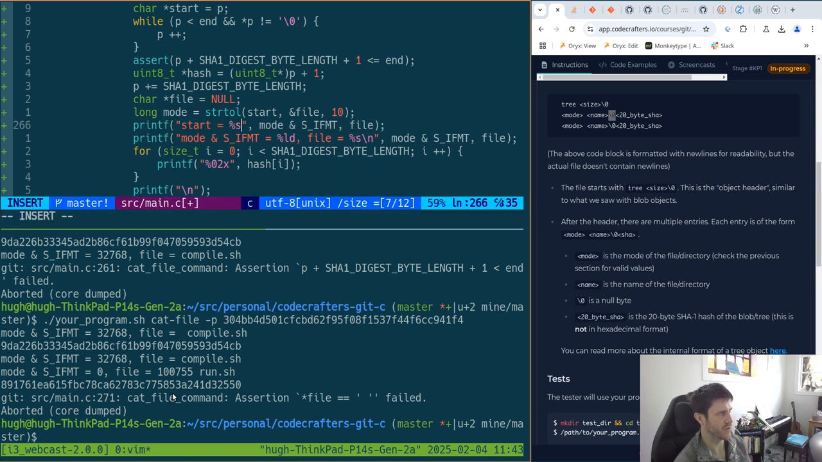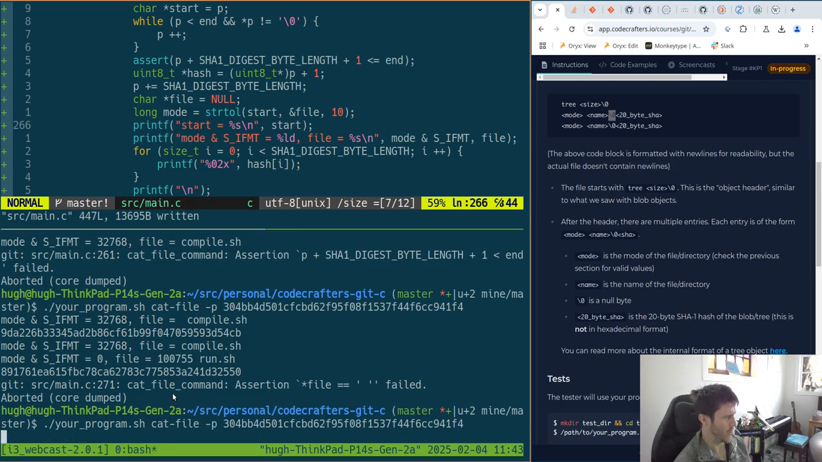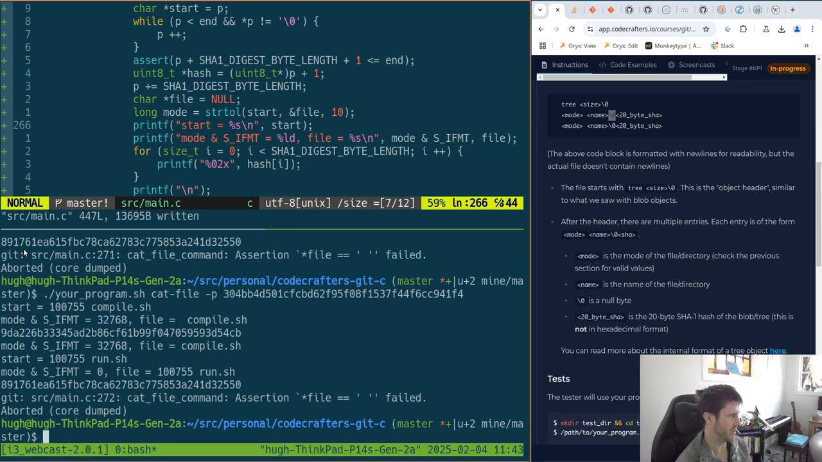Start equals that, and we can change that to be start. What is this thing that we've got? So we have start equals that. Maybe I want to do something like that just to see which one we're lining up on. So start is that, and file ends up being something with a space and then something without a space. And start is that, and